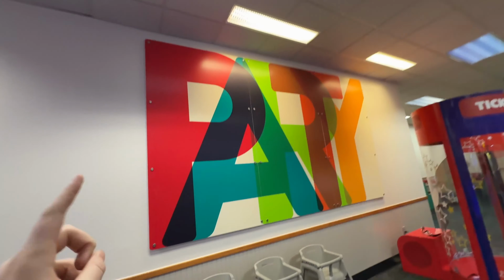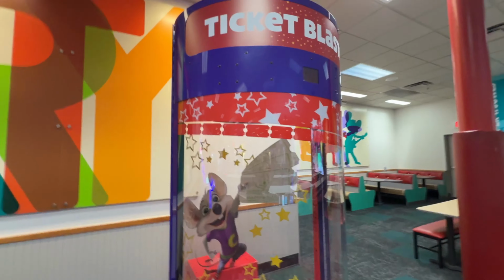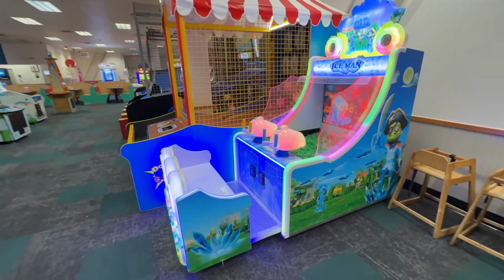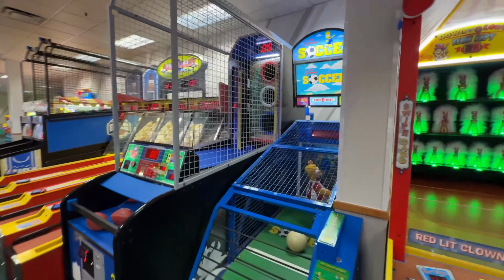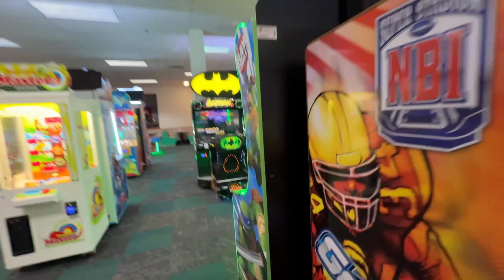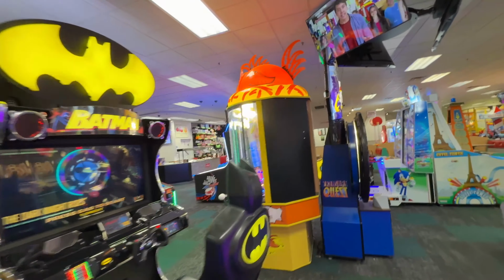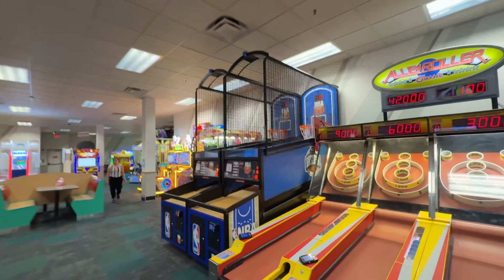So they have the older font party sign, and they have a Rockstar Ticket Blaster, so they probably got this during 2.0. They keep all their high chairs over here. Then we have more games. So Iceman, Down the Clown, Simpson Soccer, 2-minute drill, 4 alley rollers. Let's go through the middle again. Goal Line Rush, TMNT, Batman, Dizzy Chicken, Treasure Quest, Paw Patrol, Flying Tickets, Eiffel Tower, NBA Hoops,